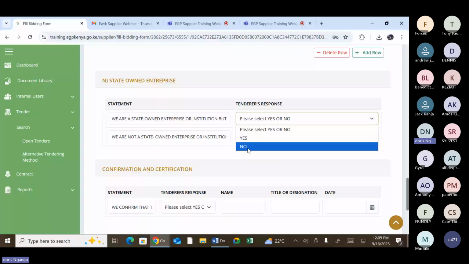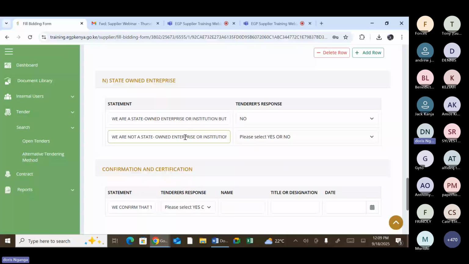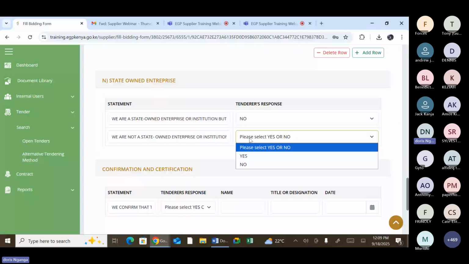The second statement is, we are not a state-owned enterprise or institution. Automatically, this becomes yes. So if any of us that have joined this training has come from an agency that is owned by the state,